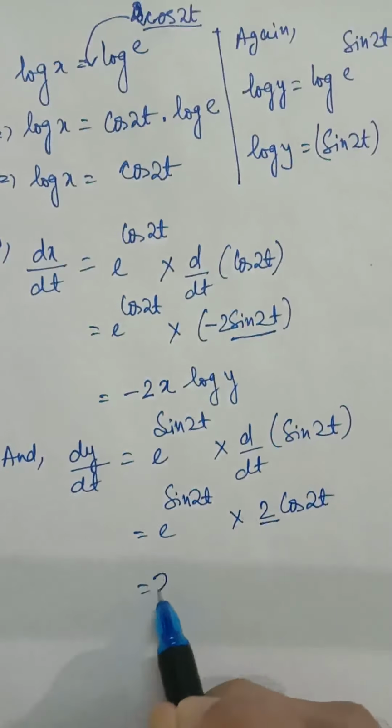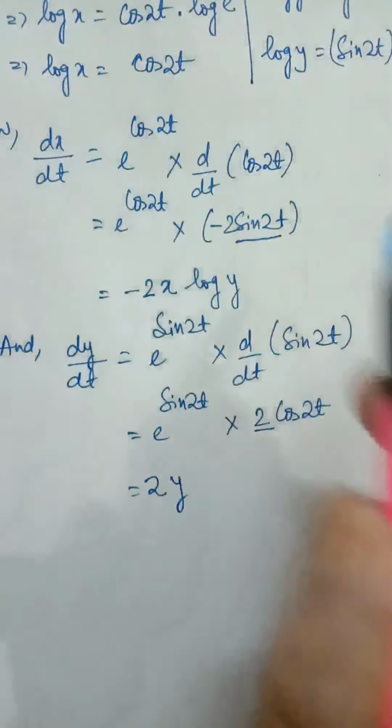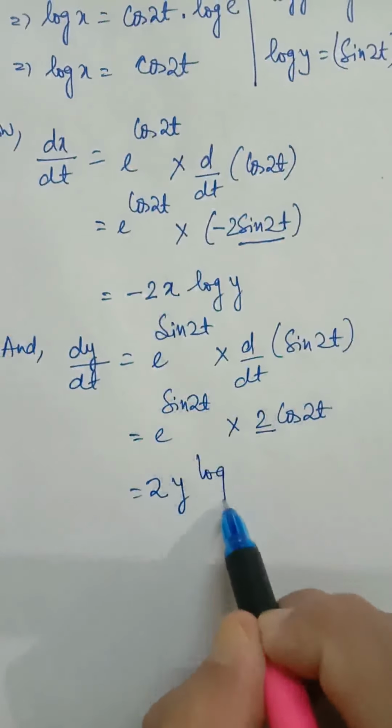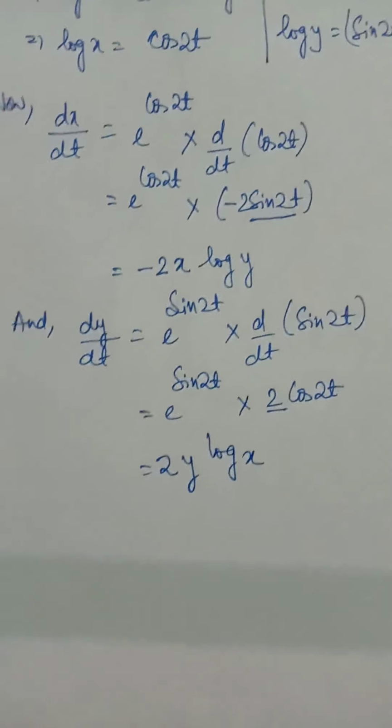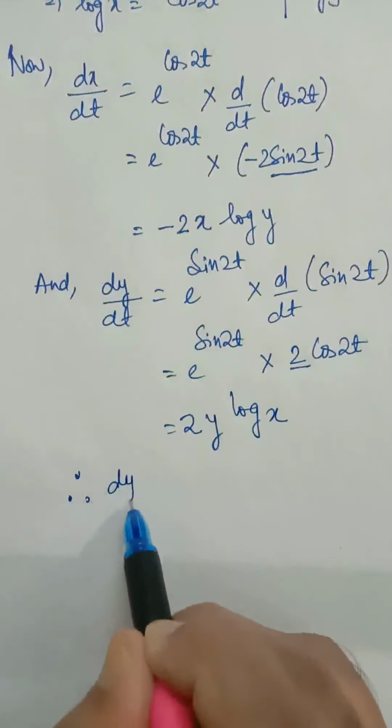So 2 into e to the power sin 2t, you can see e to the power sin 2t is y, and cos 2t is log x, so 2y log x, and therefore dy by dx equal to